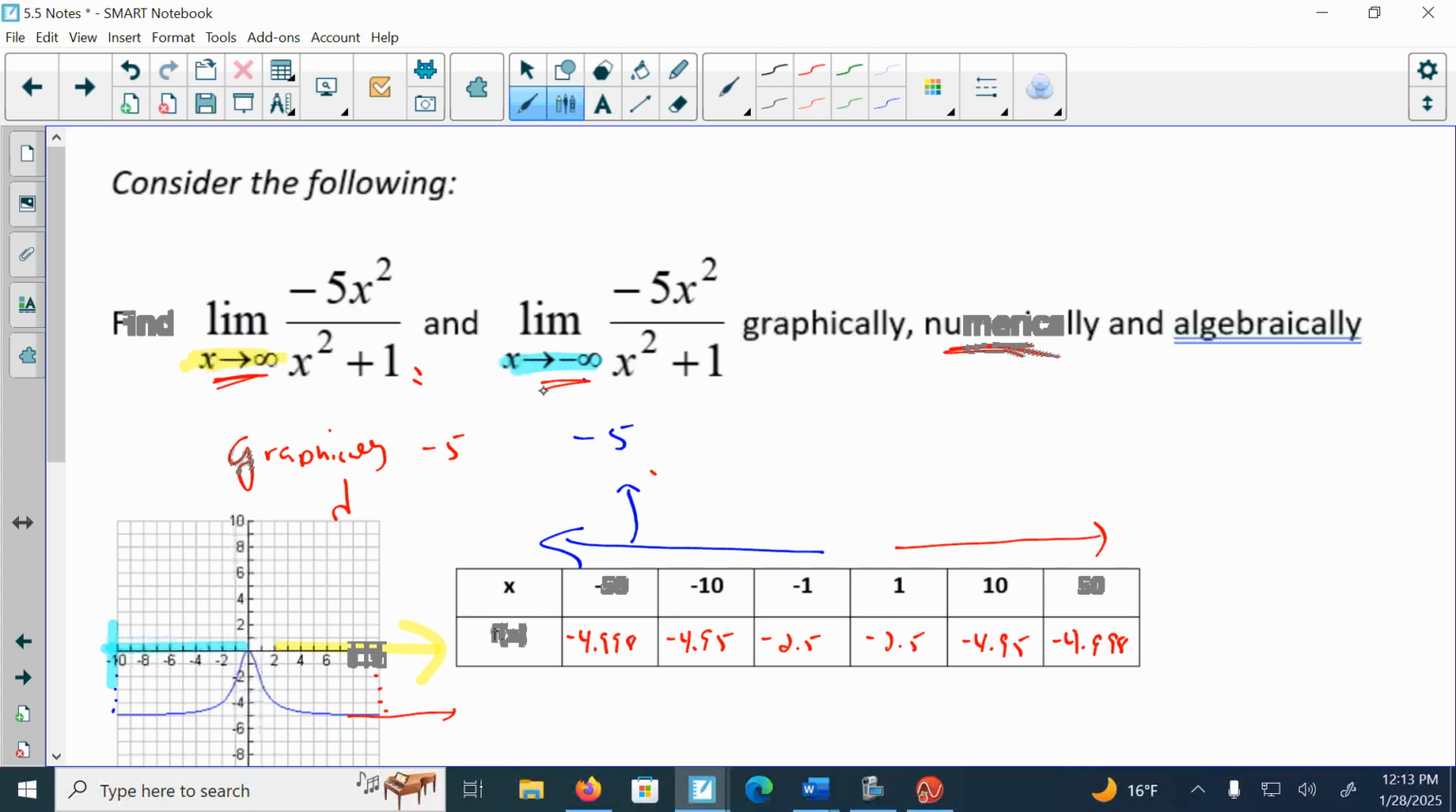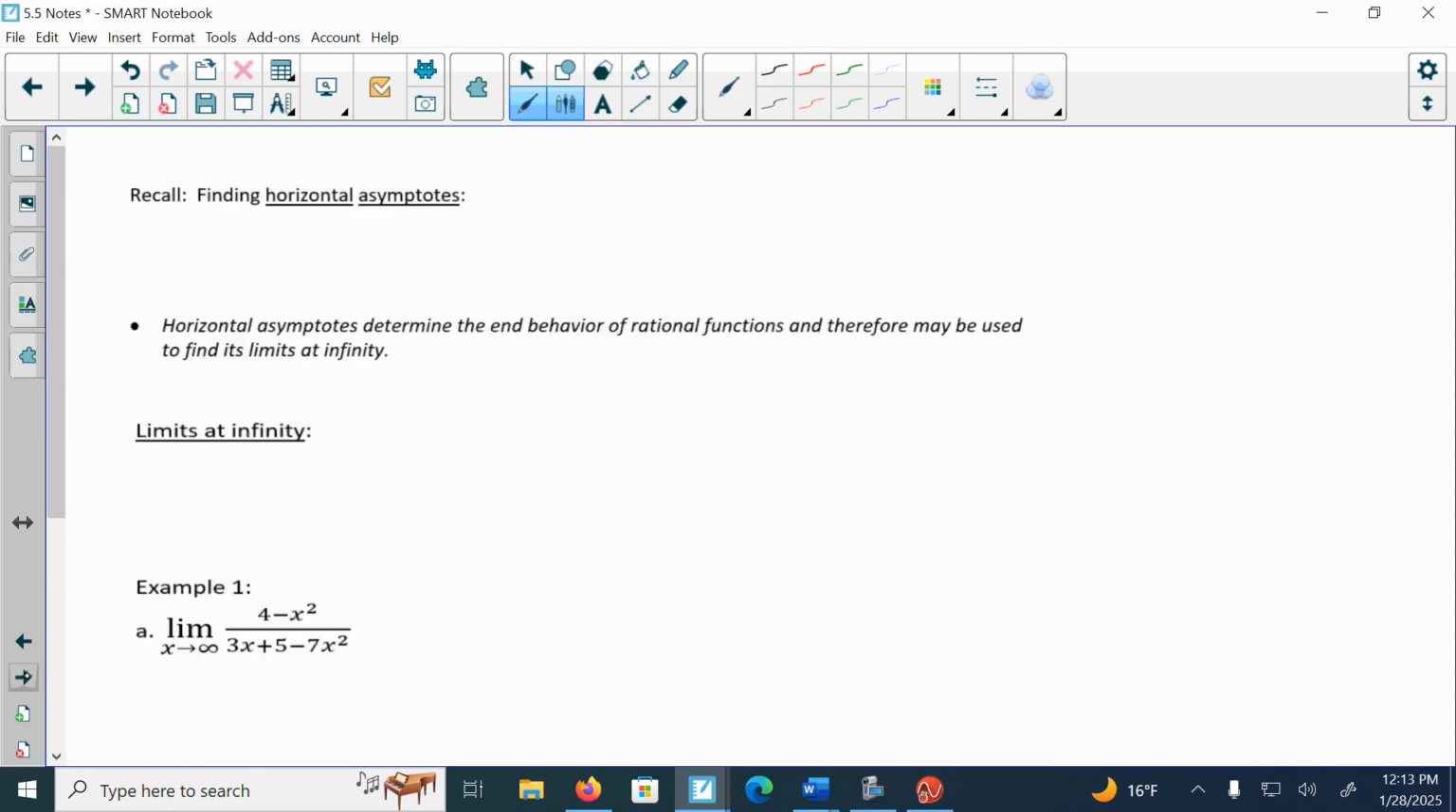infinity. Remember, not all rational functions have a horizontal asymptote. Sometimes they are slant. So just to review, when we have horizontal asymptotes, we're going to divide the coefficients of the highest power and fill in a 0 if anything is missing. So